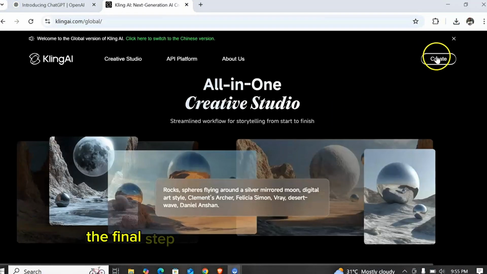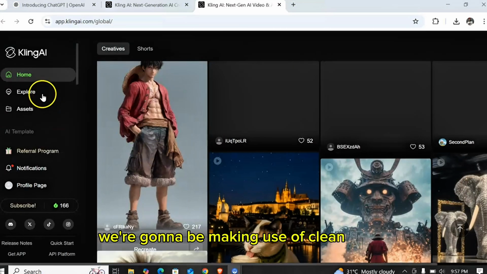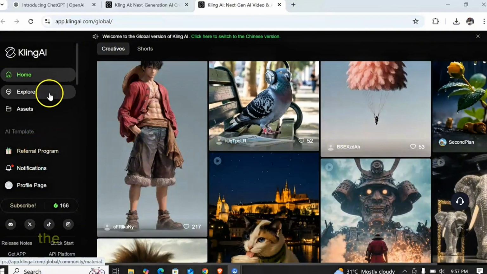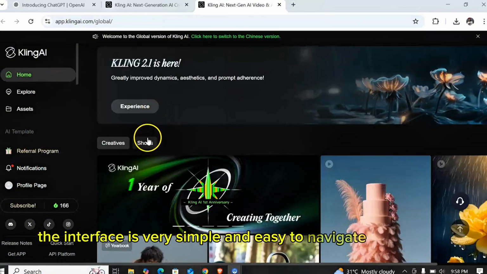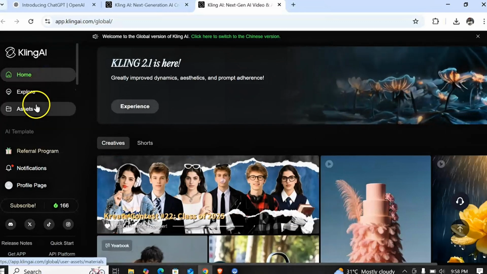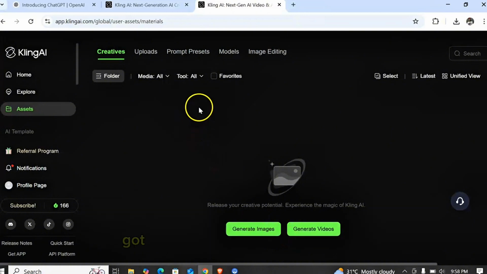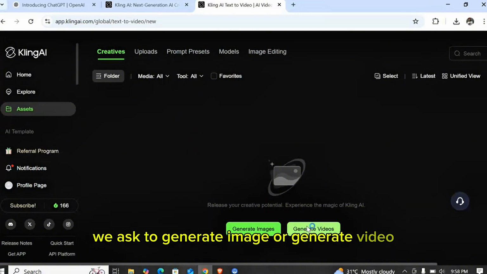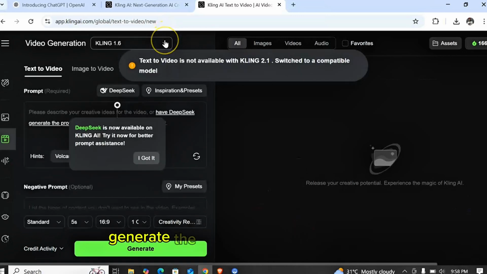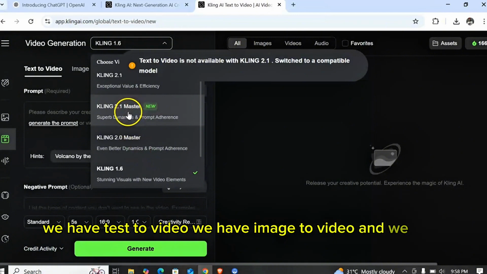Okay, the final step, which is the most important step, is to turn the avatar into a realistic video. We're going to be making use of Kling AI, guys. With Kling AI, the interface is very simple and easy to navigate. We just need to click on the assets. Once you click on the assets, it asks us to generate image or generate video. Just click on the generate video section. We have text to video, we have image to video,